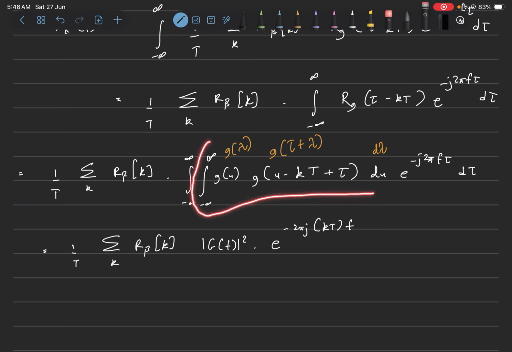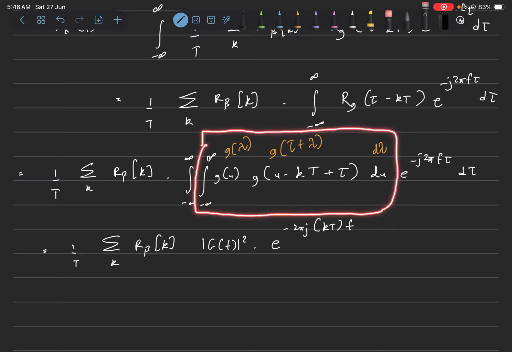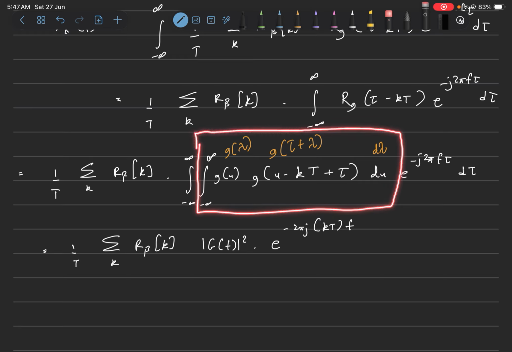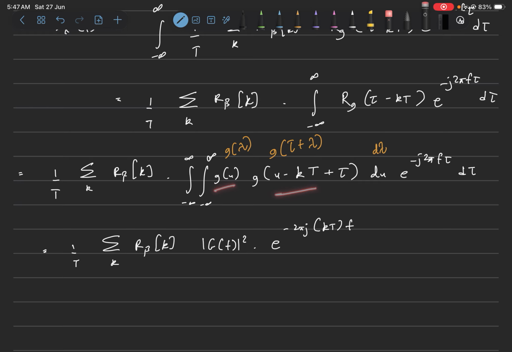and this part is a convolution integral, and we are evaluating the Fourier transform of a convolution integral. So the value of the Fourier transform of the convolution integral, by the property of Fourier transforms, will be the product of the Fourier transform of these two functions. So this will have a Fourier transform of gf, this will have a Fourier transform of gf, but since this